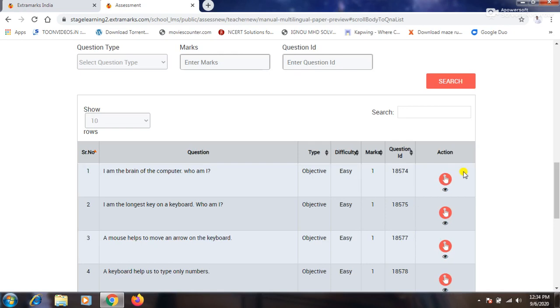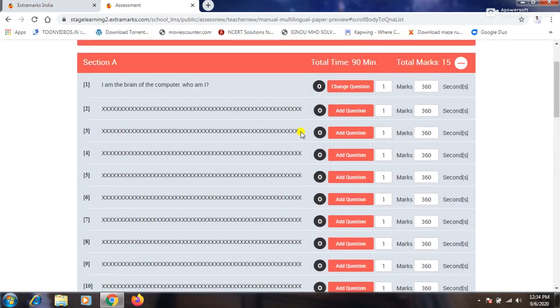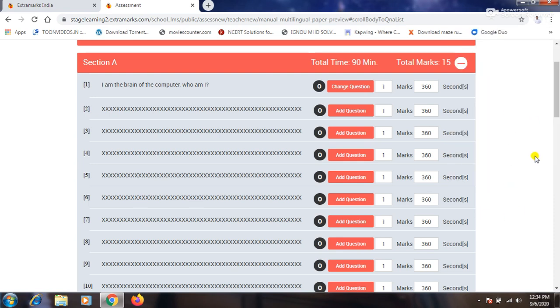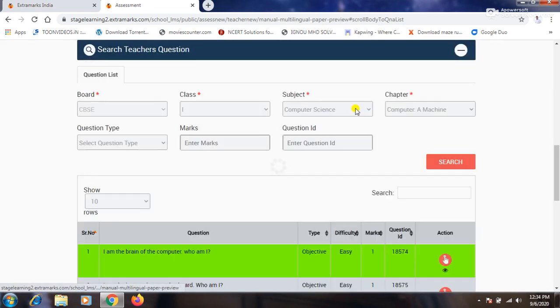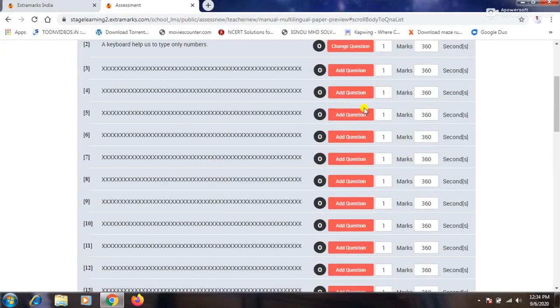In the computer I am showing this. If you are using a mobile for creating a questionnaire, always switch on the desktop site from here. You will find the three dots button in mobile. Click on the three dots or the arrow button, and in the drop down you will find the desktop site option with a checkbox. You have to click on that particular checkbox. Then this way, one by one, whichever question you want to add, you can add.